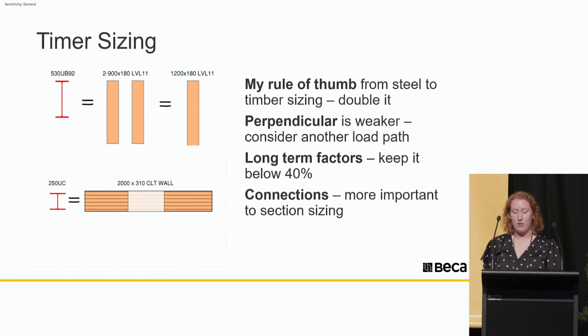Long-term factors have a huge effect on timber for both members and connections. One of my most surprising moments in this design process was determining the compression capacities of my CLT walls. I'll use the 2 metre long by 310 wide walls as an example. First, you apply the strength reduction factors and long-term factor, which brings the capacity down to 40% of the unfactored